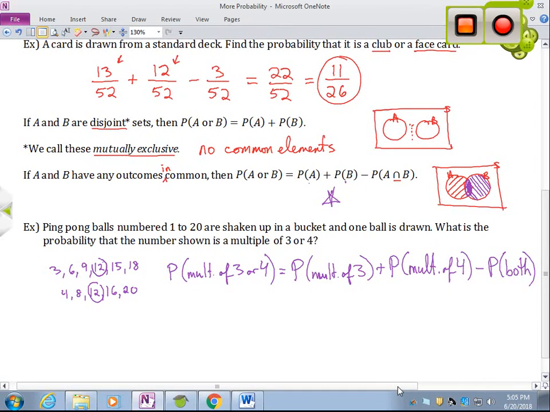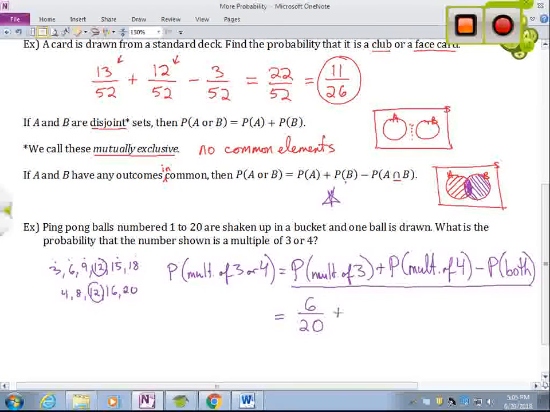Now, we don't generally need to write this out right here, but this is just helping me organize exactly what I'm counting, especially because I'm not looking at a Venn diagram. I'm just looking at a list of numbers. So the probability that we get a multiple of 3, well, there are 1, 2, 3, 4, 5, 6 numbers that are multiples of 3. And now it's not just how many ways, but remember we're talking about probability. So 6 out of 20.